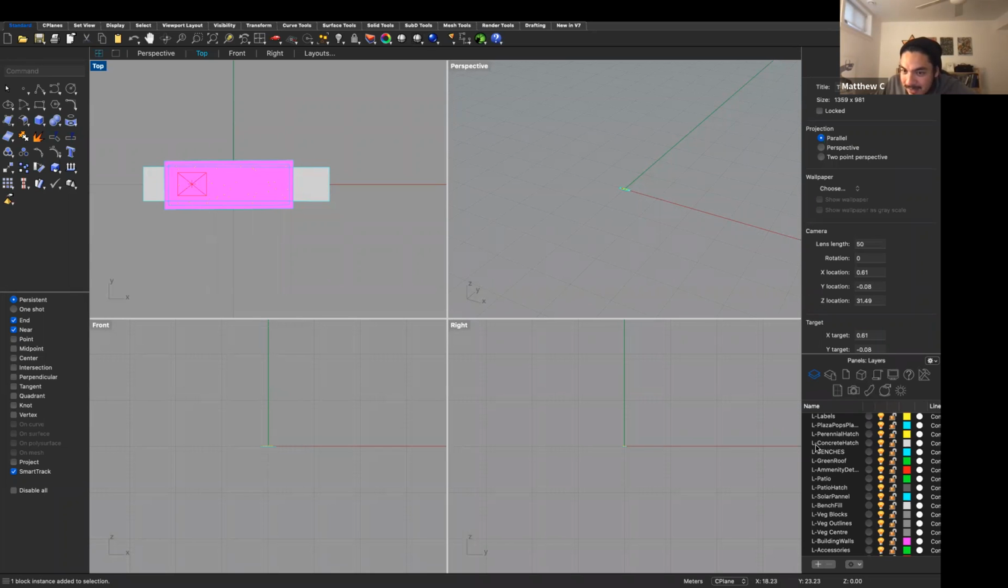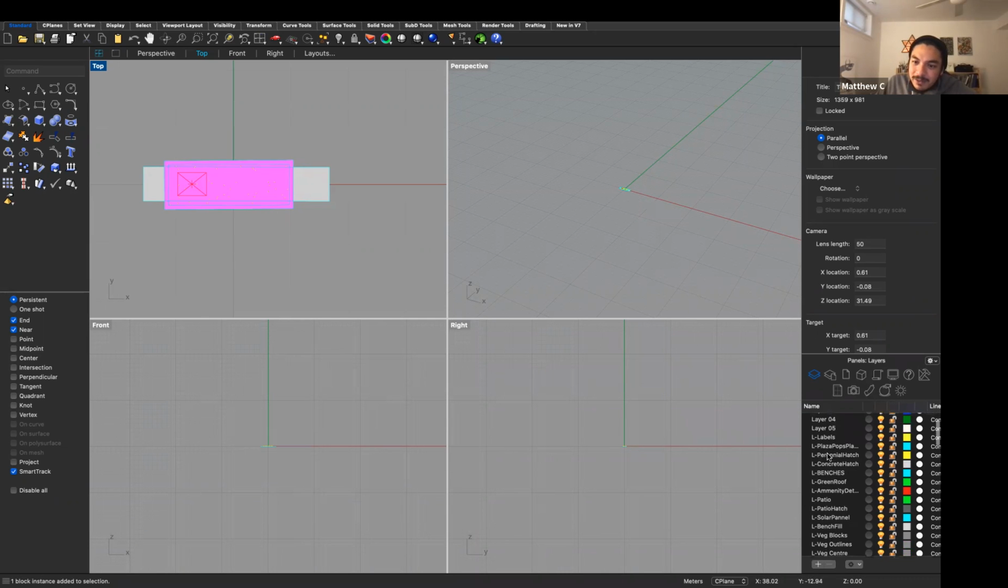So L signifies landscape, A signifies architecture, and there's a few other terms and prefixes that are used. So in practice, each of your firms will have their own format for naming layers. And this is just what Scott had us do in his AutoCAD class. Okay, so that's how you get